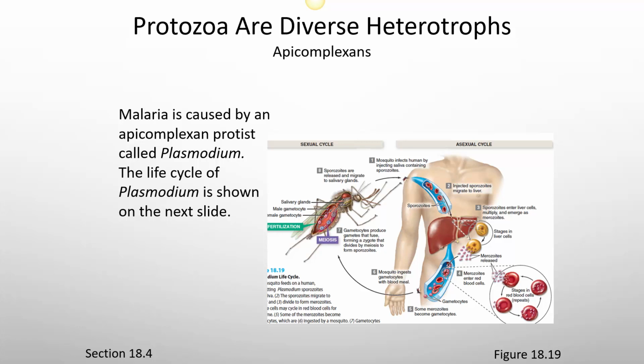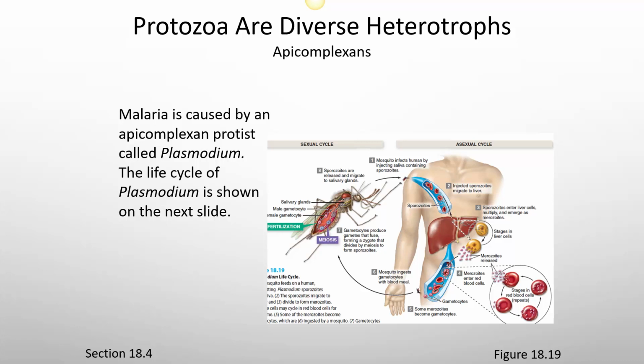But where it does become a problem is during pregnancy. If a woman gets this while she's pregnant, and if it's her first time being exposed to Toxoplasma gondii during pregnancy, then when they're migrating through the tissues, instead of just going into the mother's muscle tissue, they're also going to pass into the placenta and cross into the baby, and they can cause some serious developmental problems, including deafness, blindness, mental retardation, and up to and including stillbirth and miscarriages. So it's very serious when you get Toxoplasma gondii during pregnancy, or toxoplasmosis.